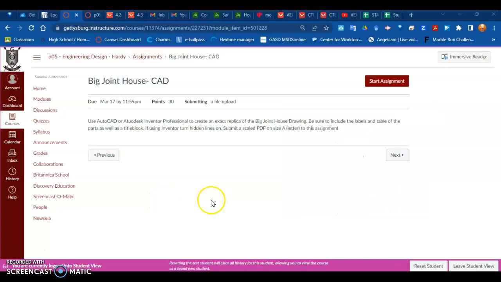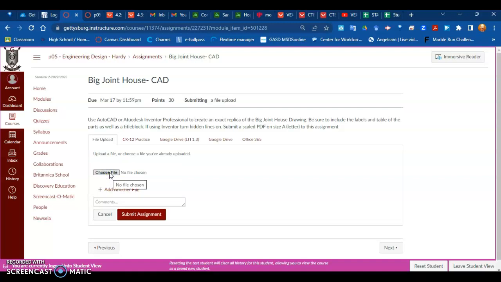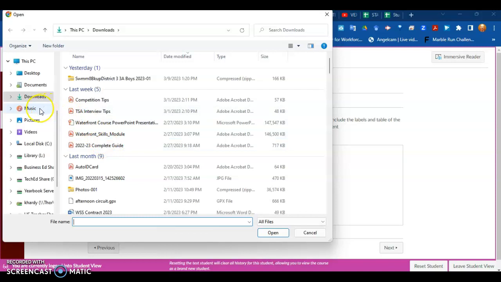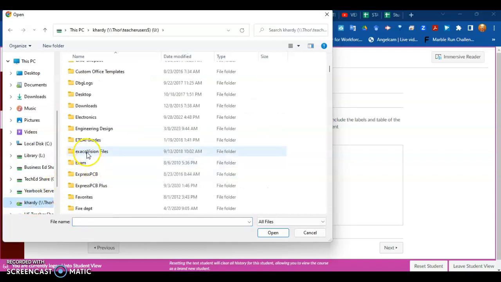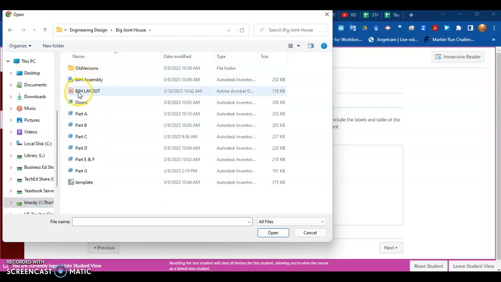To submit your PDF, go to the Big Joint House CAD assignment, start the assignment. You're going to upload the assignment, choose your file, and then this is the PDF you just created. You need to navigate to find that. So that, for me, I've got to think about where that is. That for me is in engineering, in my big joint house folder, and there's BJH